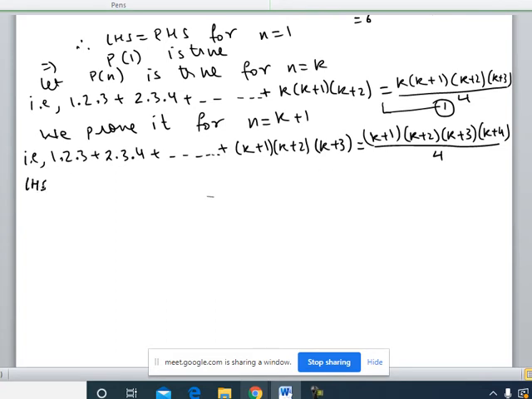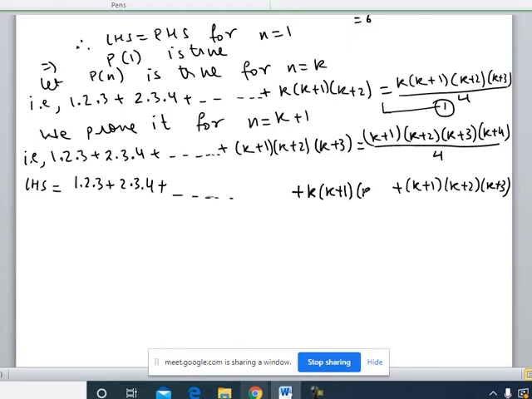So we will start the proof from the left hand side. Let us simplify the left hand side. It is 1 into 2 into 3 plus 2 into 3 into 4 and so on. You can see the last term we have already mentioned: it is k plus 1, k plus 2 and k plus 3. This is the k plus 1th term, so just before it will be the kth term. Position wise we are writing the terms: first term, second term and so on. This is the k plus 1th term, so before this I will have the kth term, that means where n is replaced by k. So we are writing the second last term also.